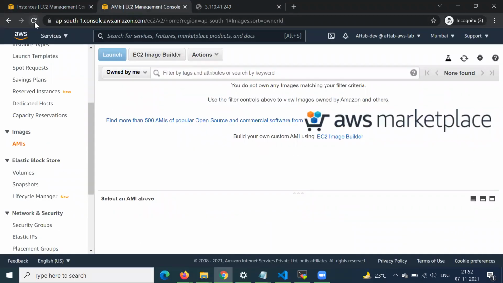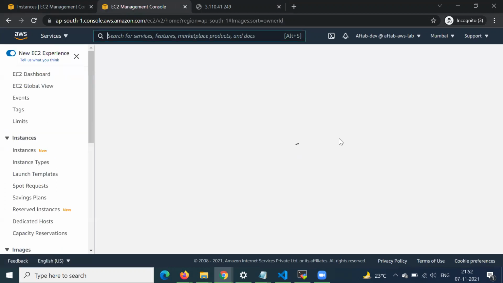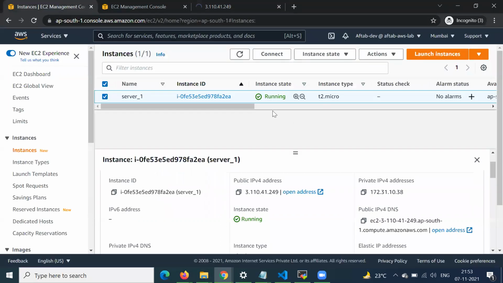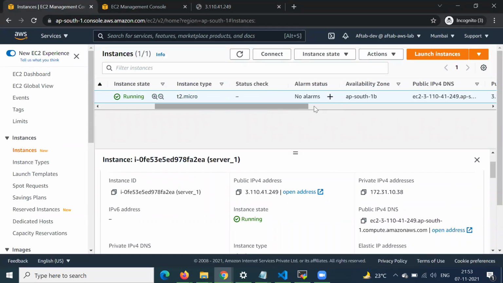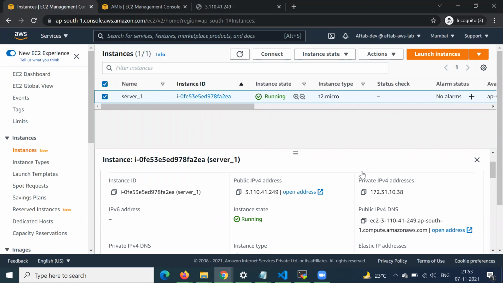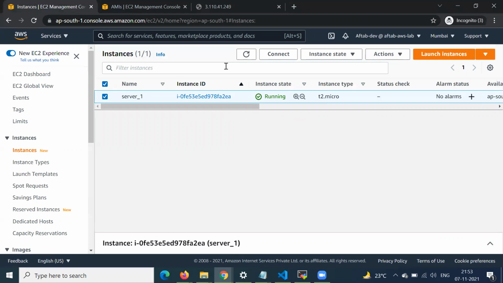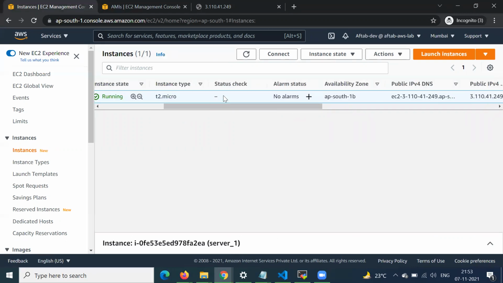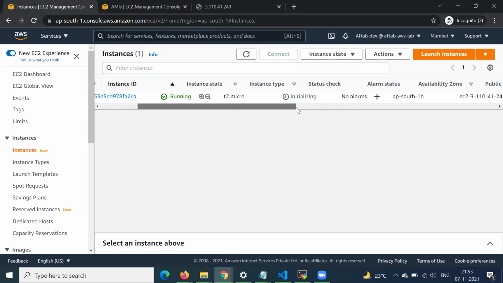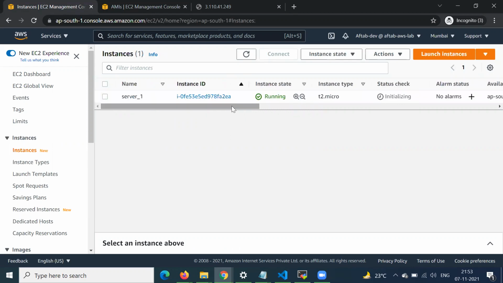Okay, and in this AMI section, we are not having anything, right? Till now. You can see, one minute. It will take some time. Until the status checks are completed, we will not be able to see anything. The status check is not updated yet, so that's why it's not returning. So it is initializing now. We can wait for a few minutes.